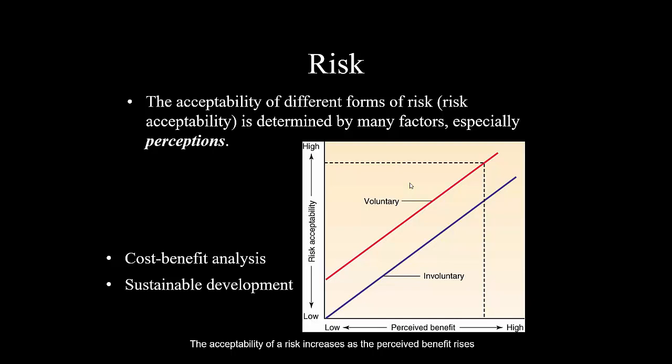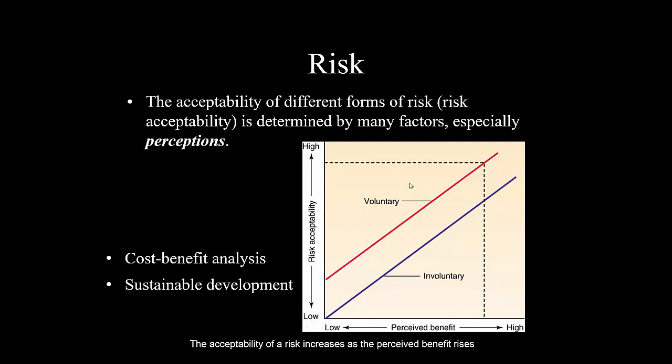As an example, cars undoubtedly are a hazard in that they emit various toxic substances through their exhausts. But because many of us perceive benefits to cars driving around the city, we're more likely to accept this risk. On top of that, if you are voluntarily exposed, in other words, if you own a car and get exposed by your own exhaust, you will be more likely to be okay with higher risk when compared to someone who happens to live right near a major roadway, who maybe doesn't own a car and as such doesn't get exposed to the exhaust voluntarily.